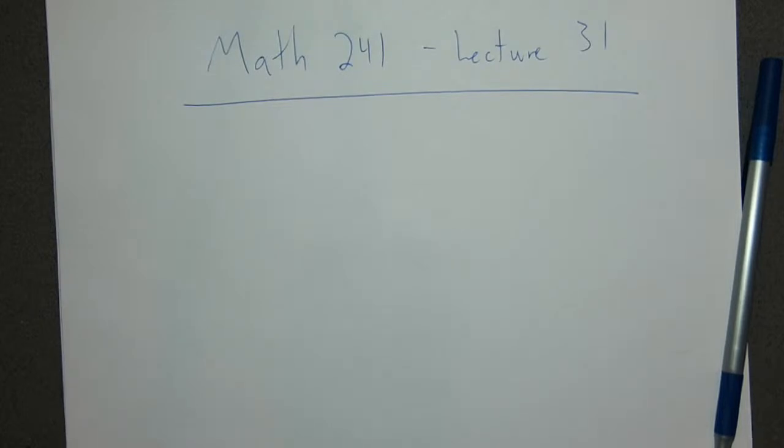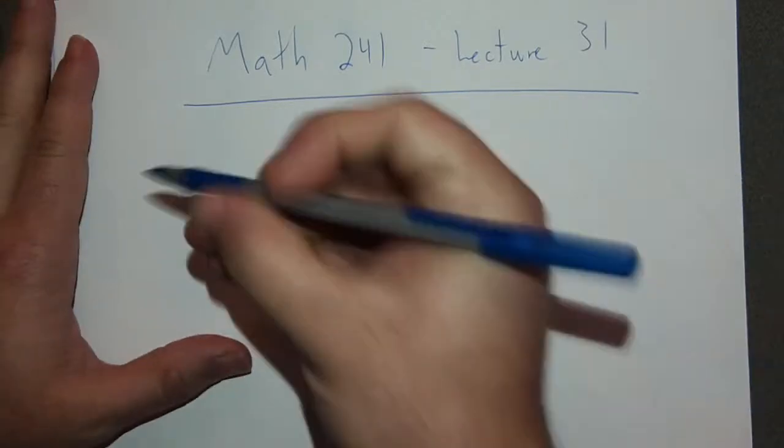I had a little bit to tidy up when it comes to change of variables. The main thing we hadn't done is an example of what happens when you actually have to come up with the transformation on your own, and what a problem like that might look like. To give you an example,